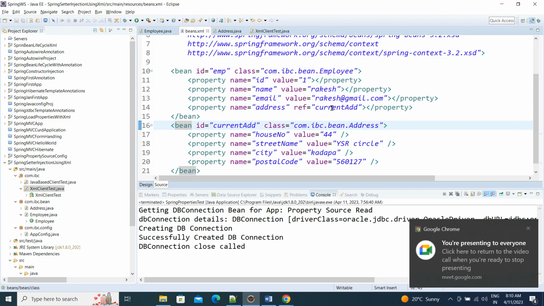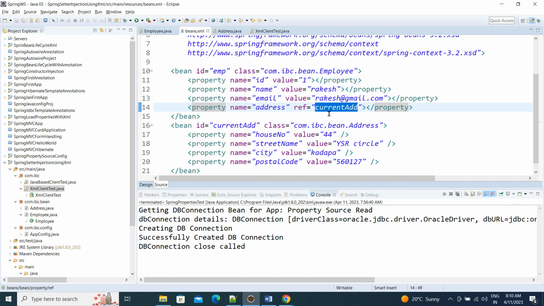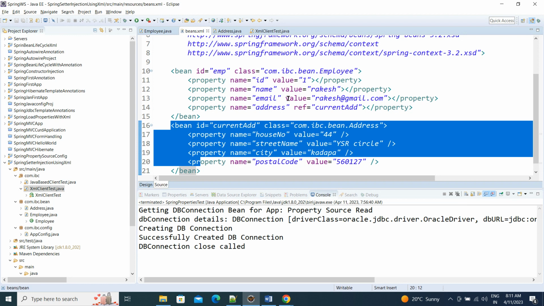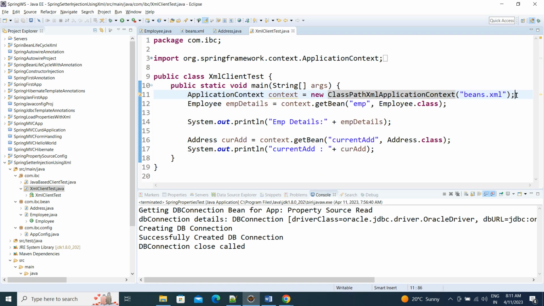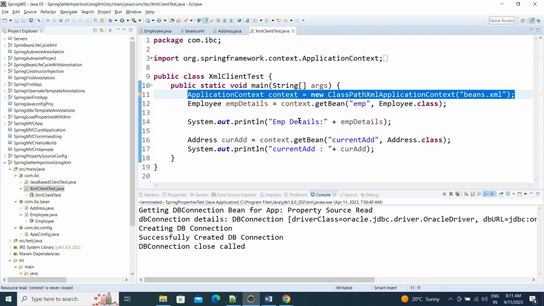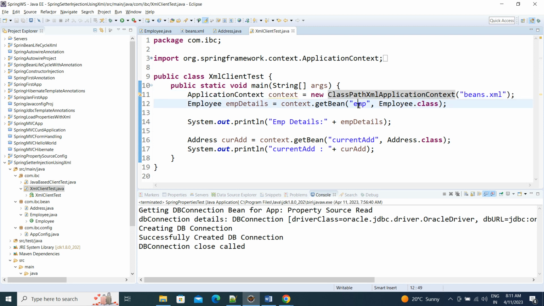This address depends on employee. It is there, right? In the employee class, address is also there. So in that case, internally it will refer to this one. Now, once that configuration file is loaded, if you want to get the employee information,